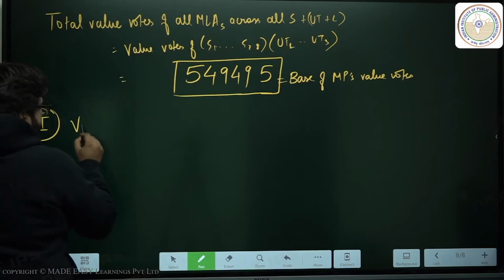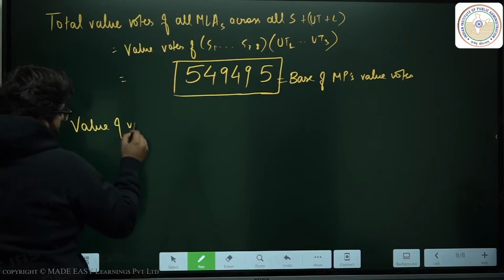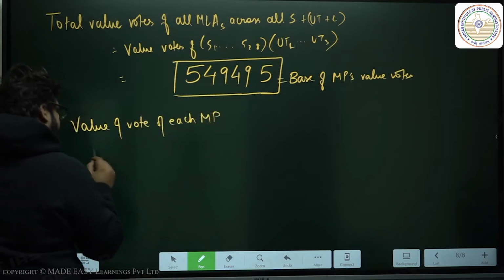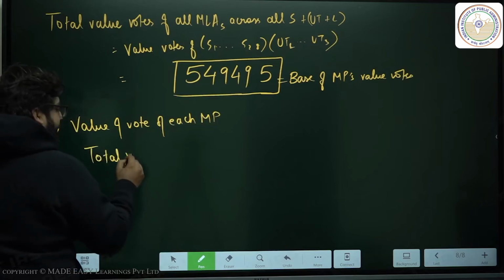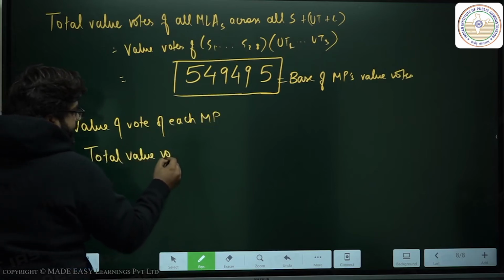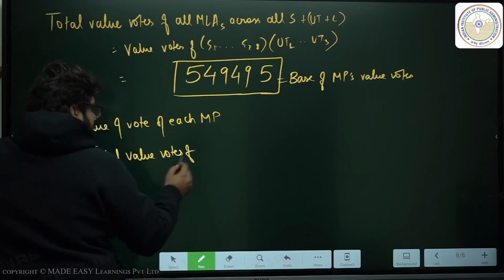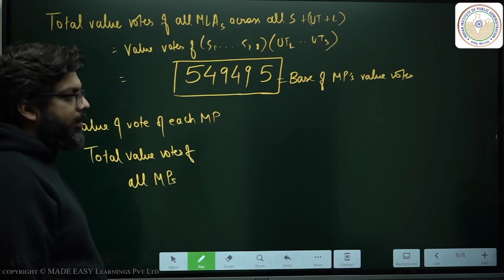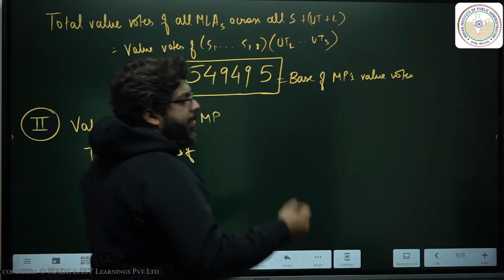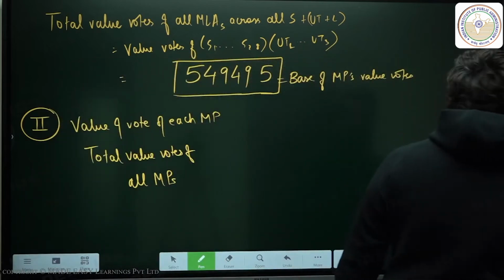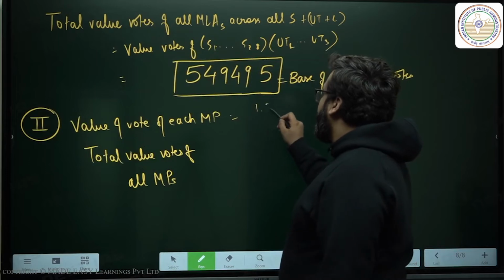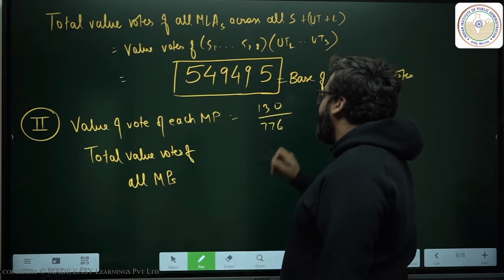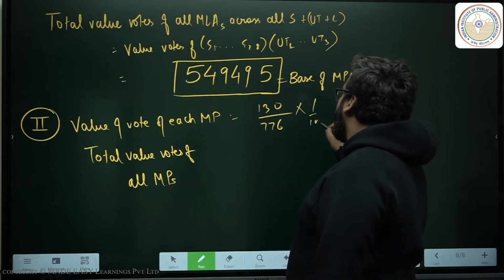We have to calculate the value of vote of each MP and total value votes of all MPs. यही करना था ना हमें. अब आप कहते हैं एमपी एमएलए के लिए स्टेट पॉपुलेशन, सो एमपी के लिए कंट्री की पॉपुलेशन। तो एक काम करते हैं, 1.130 करोड़ को हम इलेक्टेड एमपी से डिवाइड कर देते हैं 776 एंड मल्टीप्लाई कर देते हैं बाय 1000।